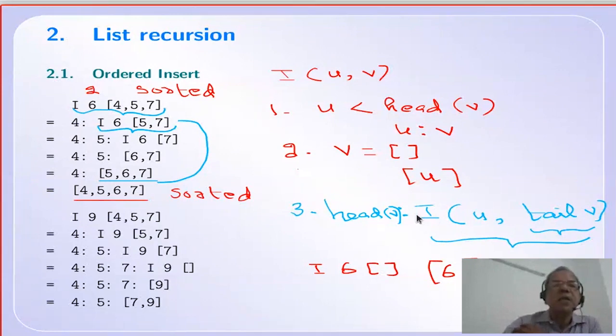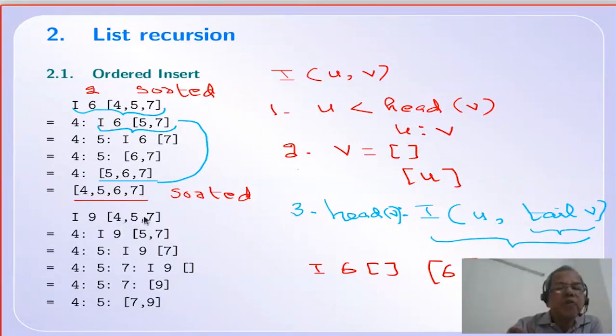All right. The first illustration: insert 6 into the list consisting of 7. Fortunately, 6 is less than 7. Therefore, the recursion stops. 6 is prepended, we get 6, 7. Then 5 is prepended, we get 5, 6, 7. Then 4 is prepended, we get 4, 5, 6, 7. In this case,